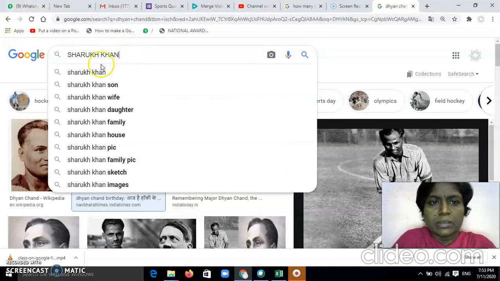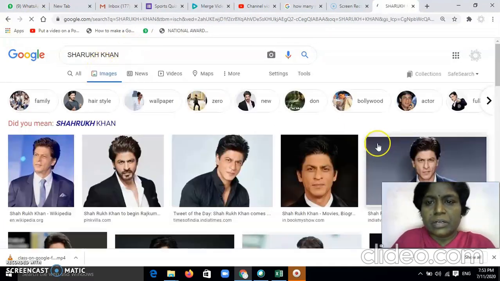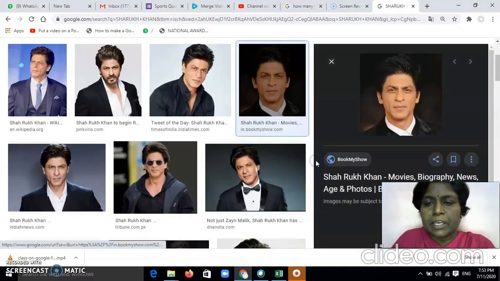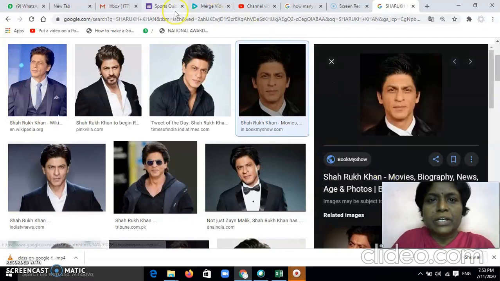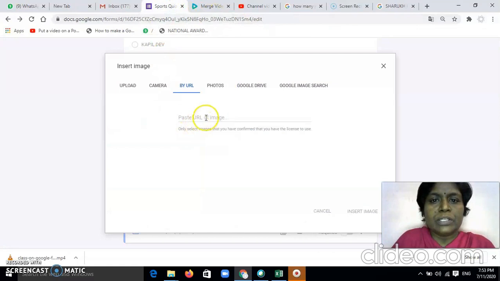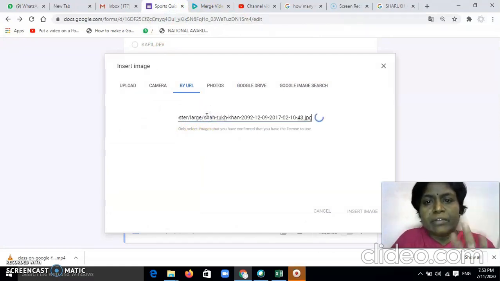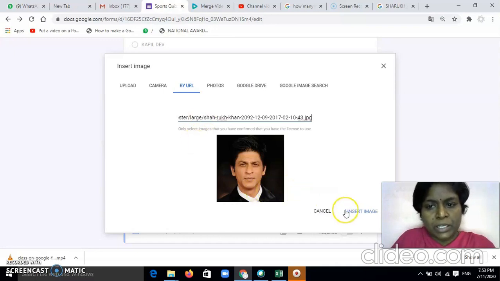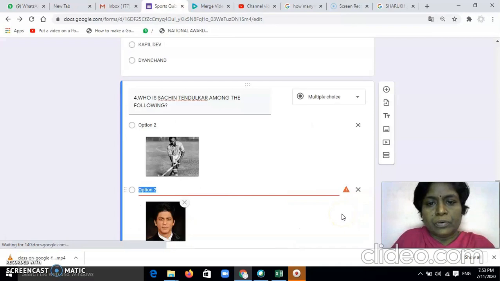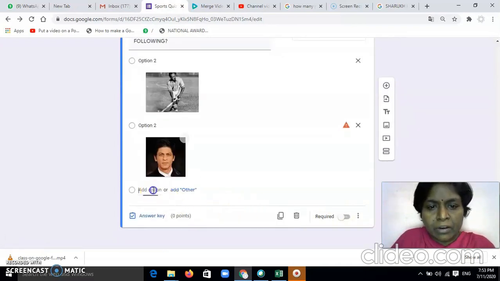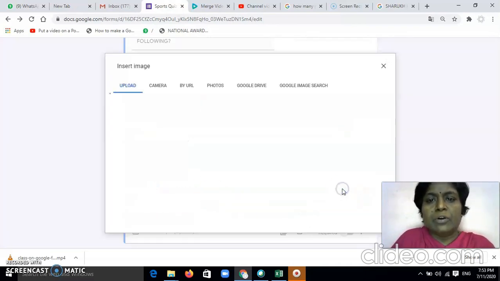I go to the image and right click, copy image address, come to your sports quiz, paste the URL with Control V, and the image will come. Insert the image as option 2. And then again for option 3, I want to insert the image by URL.